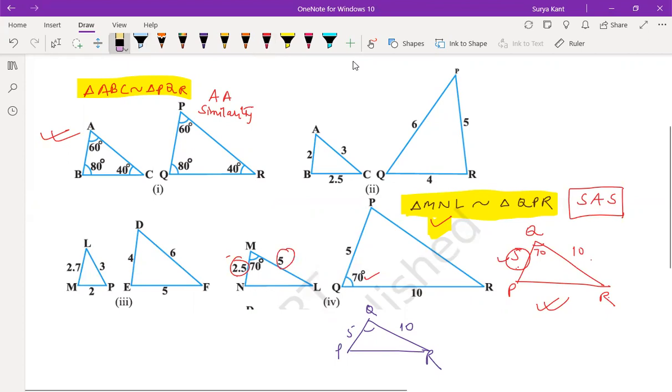If we just imagine this 70 degree angle from triangle PQR goes up to the top, Q goes at the top in place of P. So, sir, 10 will be in place of PQ and 5 will be in place of PR. See, I'm just telling you, you are doing like this.